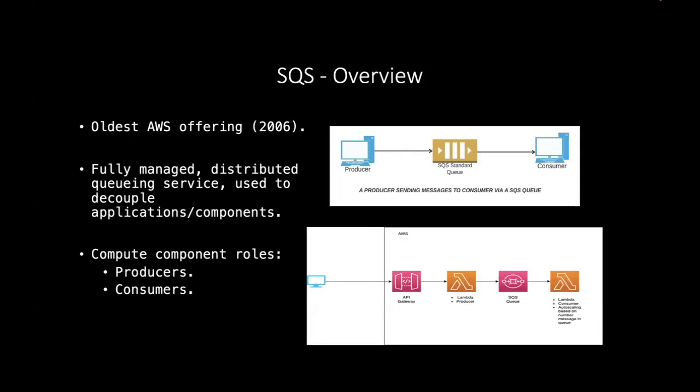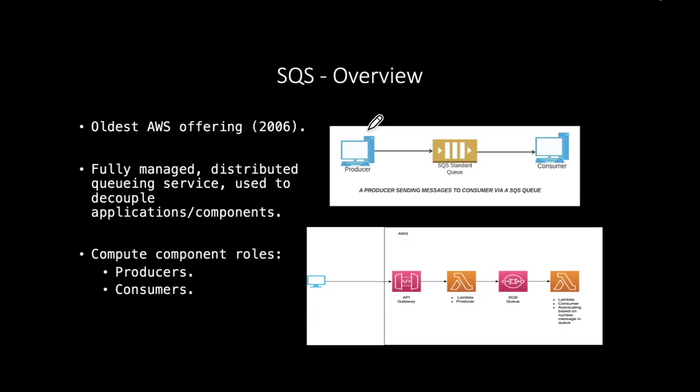Often these monolith applications were owned by different organizations, so there was no agreed protocol, if you like, between them. That's why AWS introduced this SQS service to facilitate that. And in the language of SQS, we have producers and consumers. Producers are compute components that write messages to a queue. Consumers